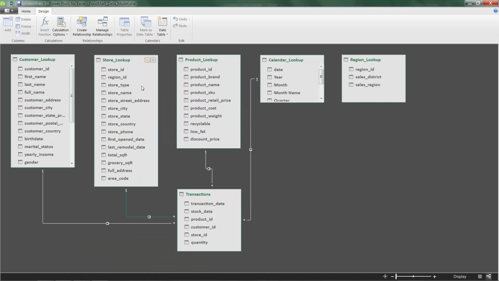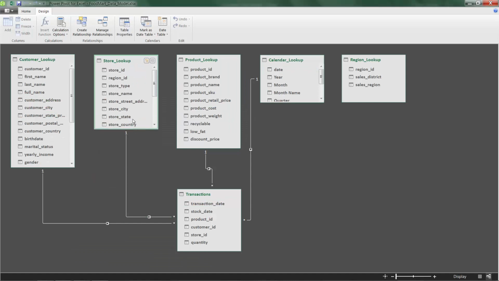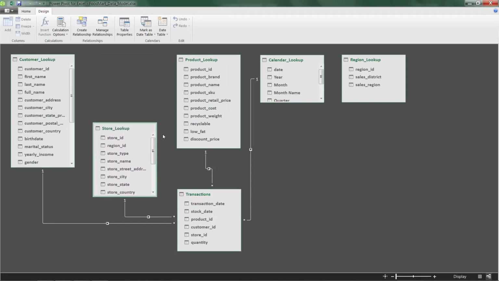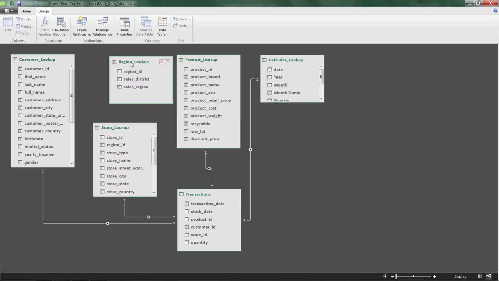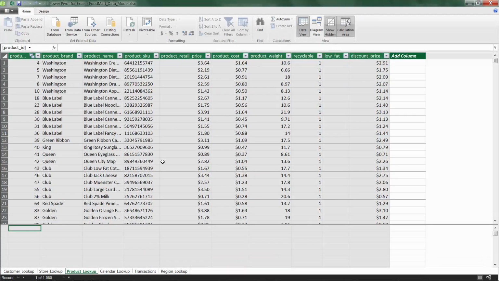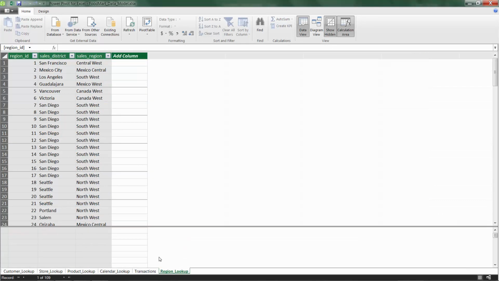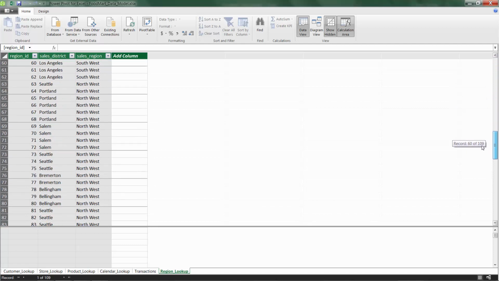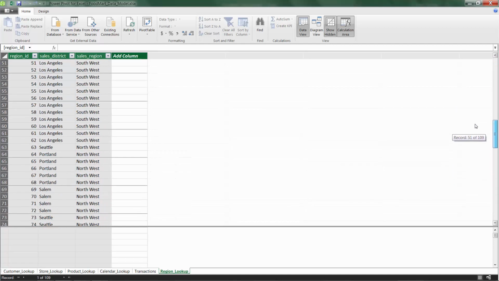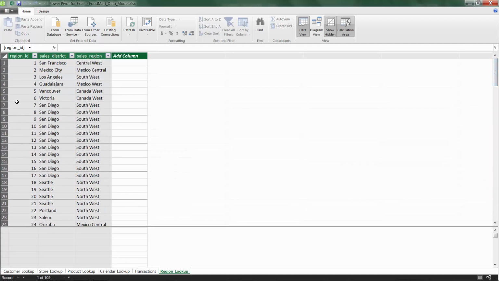Okay, so back in the data model, let's just create some room here and drag store lookup down. And just to make it visually clear, I'm going to put region lookup on top of store. Remember, region ID in the region lookup table is our primary key. And in fact, if we jump to the home tab and go back to data view, I'm just going to prove that to you. Looking at the region lookup tab here where we can actually see the data, you'll note as you scroll down that region ID is a sequential unique list of values,